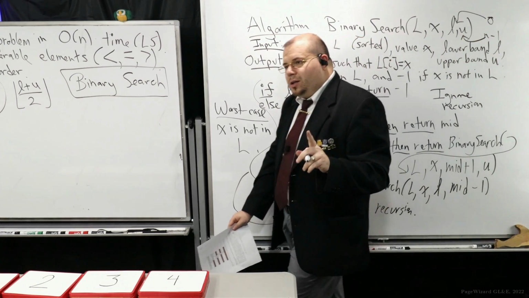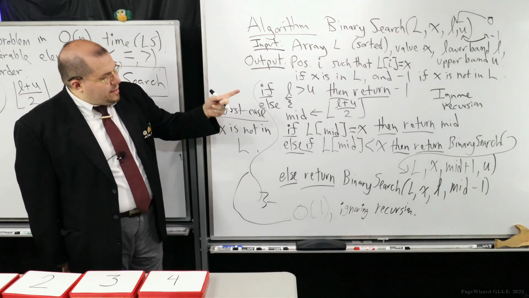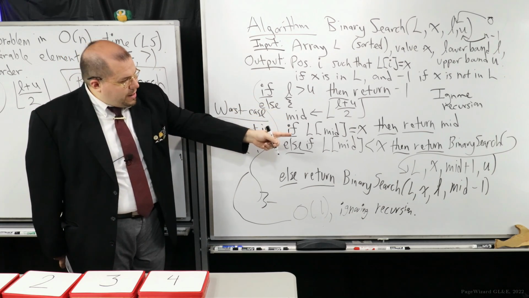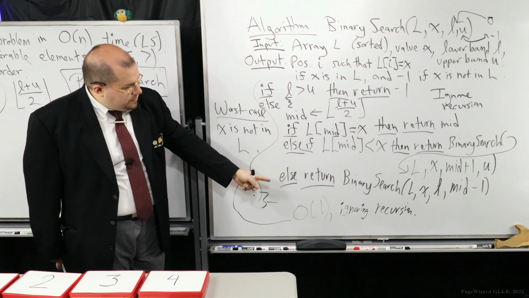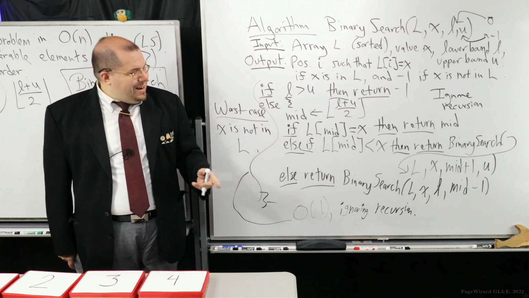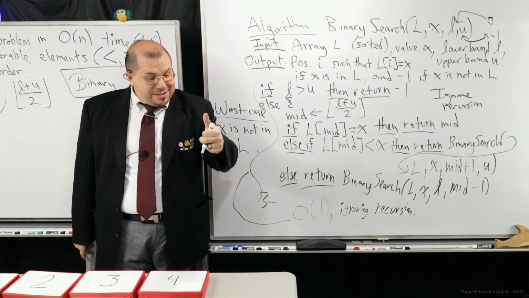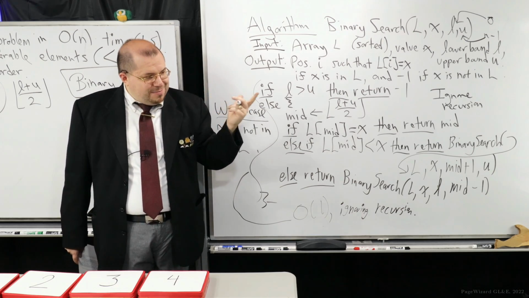For one call of this algorithm, in the worst case, it will be that either it goes to the left half or the right half. Can it do both at the same time? No, right? It could only do this one or that one. So there's one recursive call at most that can happen, and in each one of these calls, there's a constant number